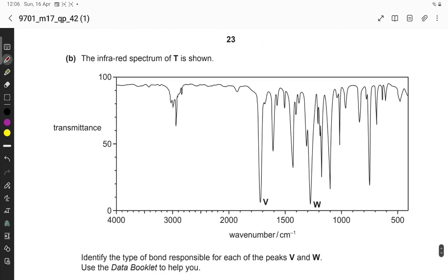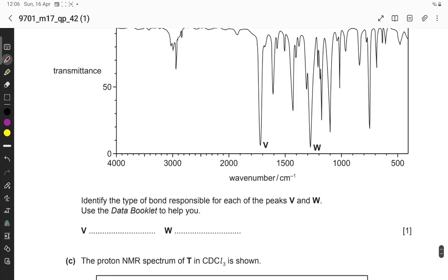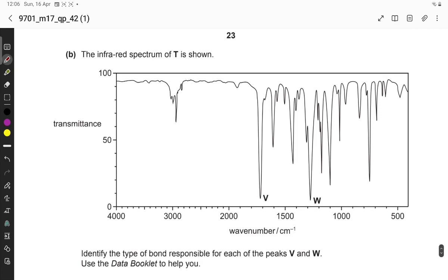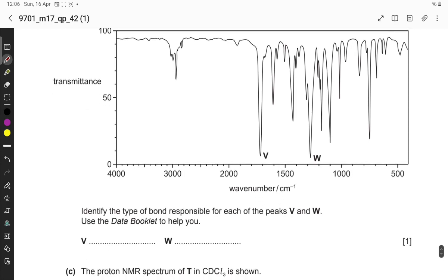So next question is about infrared spectrum. T is shown. So this is the infrared spectrum. Identify the type of bond responsible for each of the peaks V and W. So this is V, and this is a sharp peak at 1500, 1600 and 1700. So according to the data booklet, at